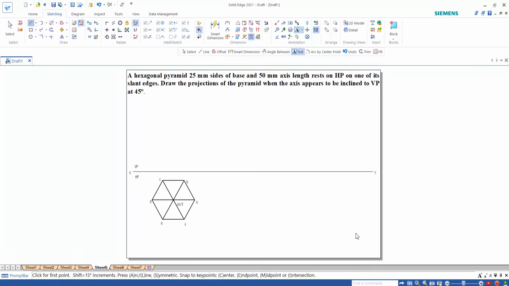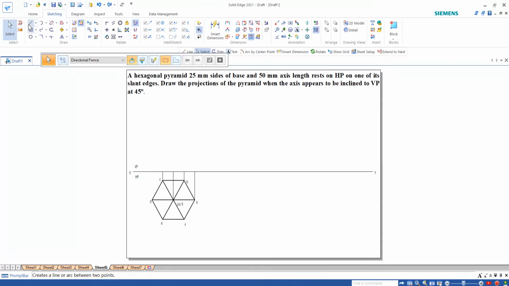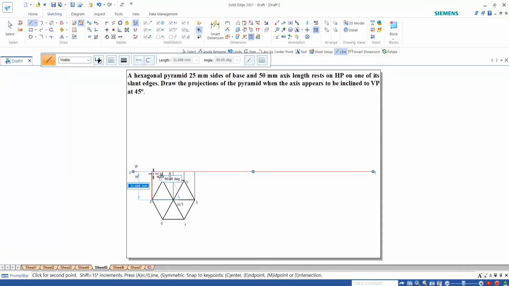Now I'm going to first take the axis, and these points I'm going to project. When I observe from the front view, I can see three triangular faces: one, two, and three. That means four corners I can see, A, F, E, and D, whereas B and C will be invisible.